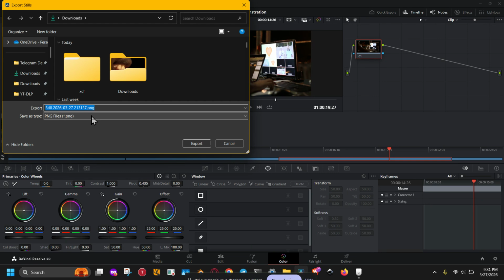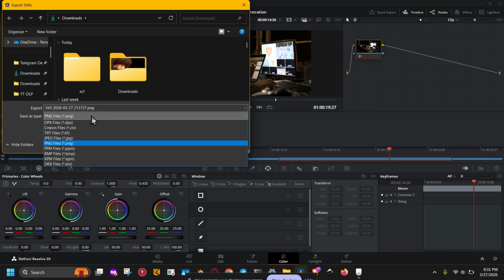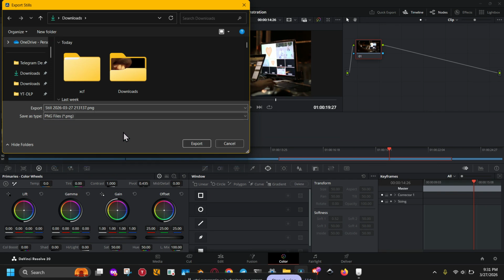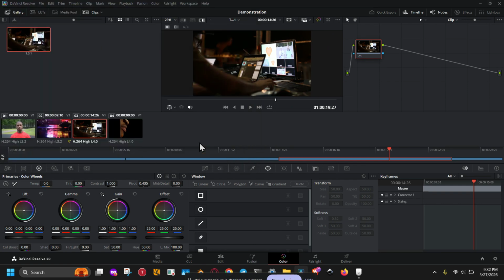In the export options, look for the File Format dropdown at the bottom of the window. Here, you can choose a format like JPEG, PNG, or TIFF, depending on the quality and file size you want. JPEG is great for smaller file sizes, PNG is useful for clean image quality, and TIFF is ideal if you want a higher quality still for professional use. After choosing your format, give the file a name, select the folder where you want it saved, and then click Export. That's it! Your still image is now saved from DaVinci Resolve 20 and ready to use anywhere you need